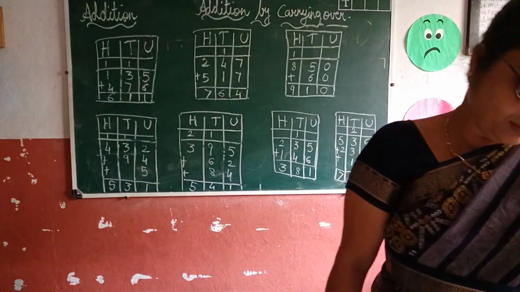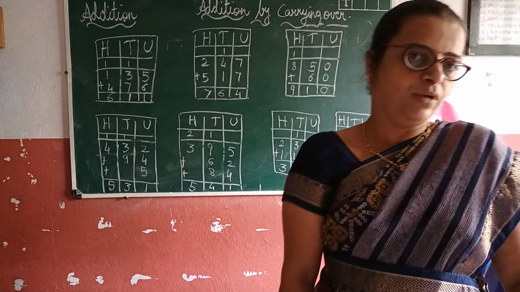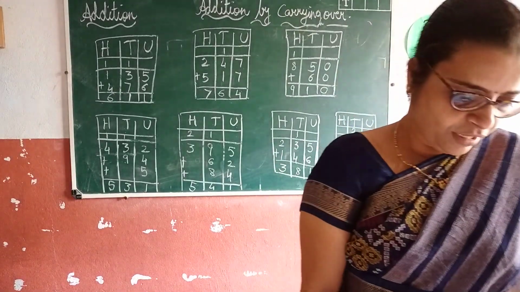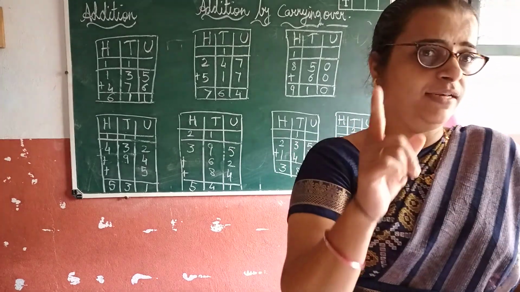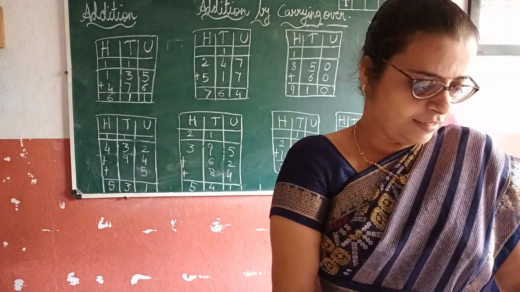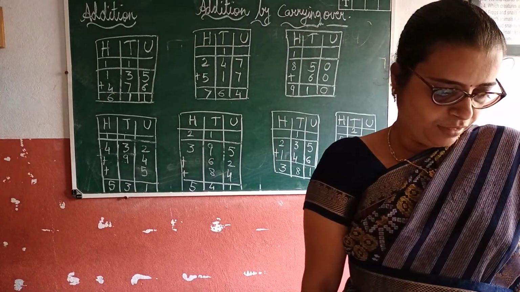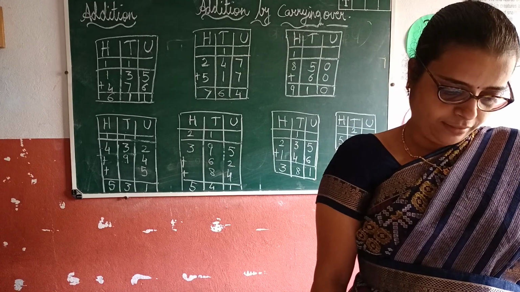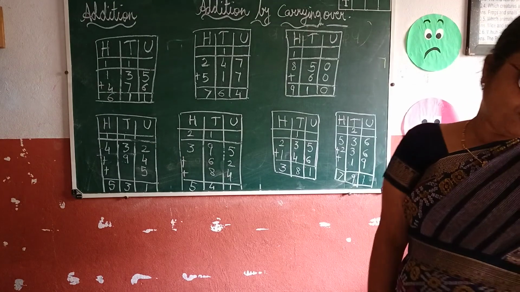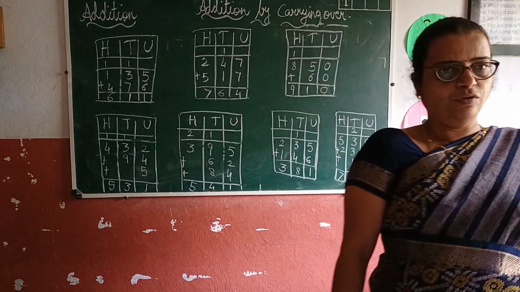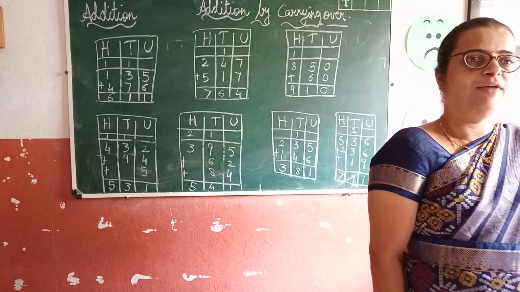For example, you are given a figure and asked for the name of the figure. What are you going to write here? You have to write circle. How many edges does a circle have? Only one, and it has no corners. Again they give us a square. The name of the figure in the second picture is square. How many edges does a square have? 4. And how many corners? 4. So in this way you have to write here.